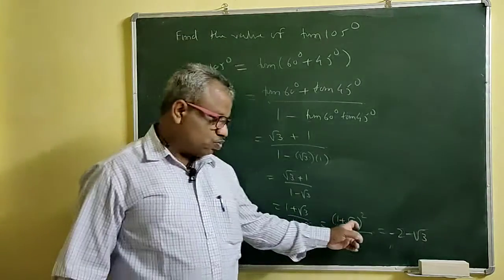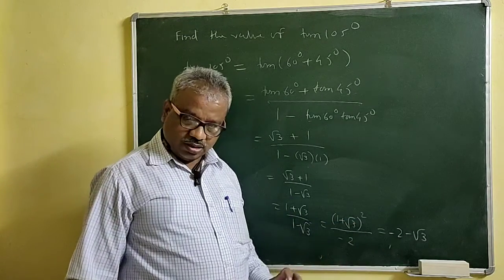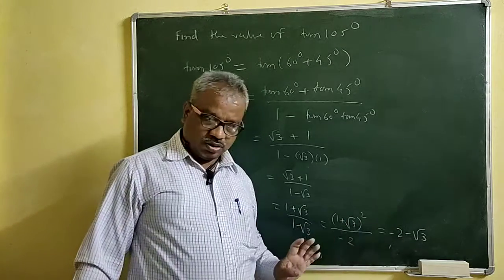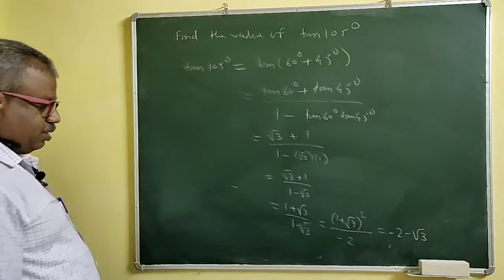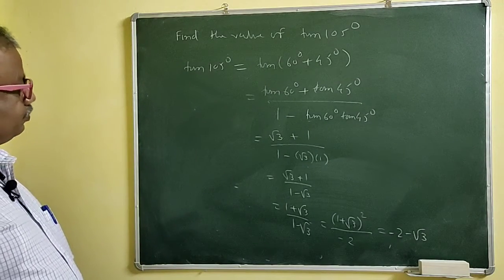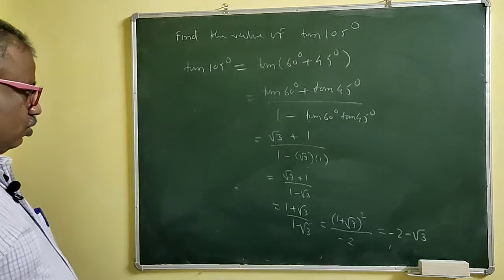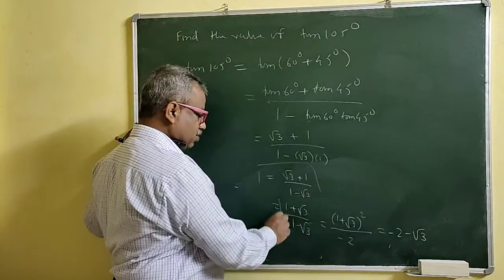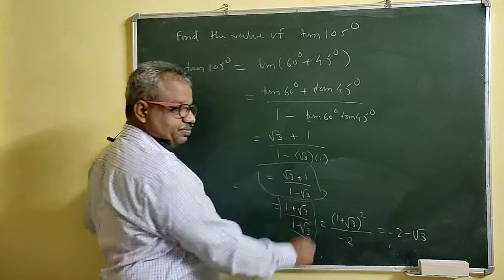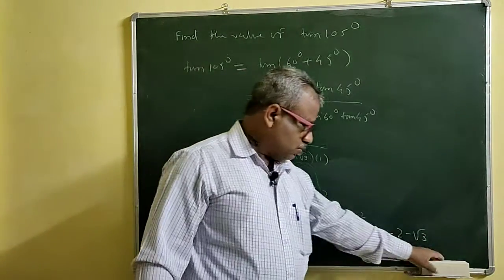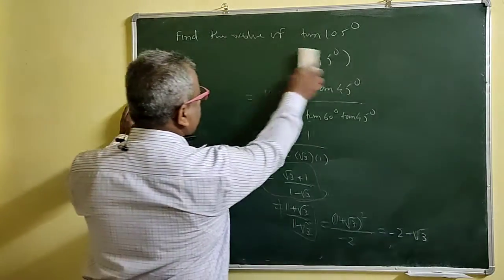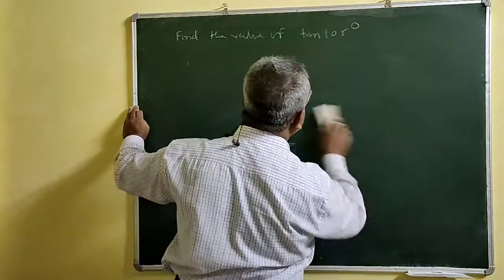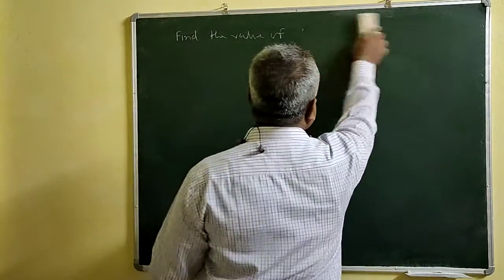So the middle term, 2 root 3 upon minus 2, gets cancelled. 1 plus 3 is 4, and 4 upon minus 2 is minus 2, right? This is also an answer: minus 2 minus root 3. But if the problem says show that, then do only this. If you want the value, just keep this as it is, this or this as it is. Okay? If the question is show that, then rationalize this. Otherwise, if the question is only find the value, just write only this.